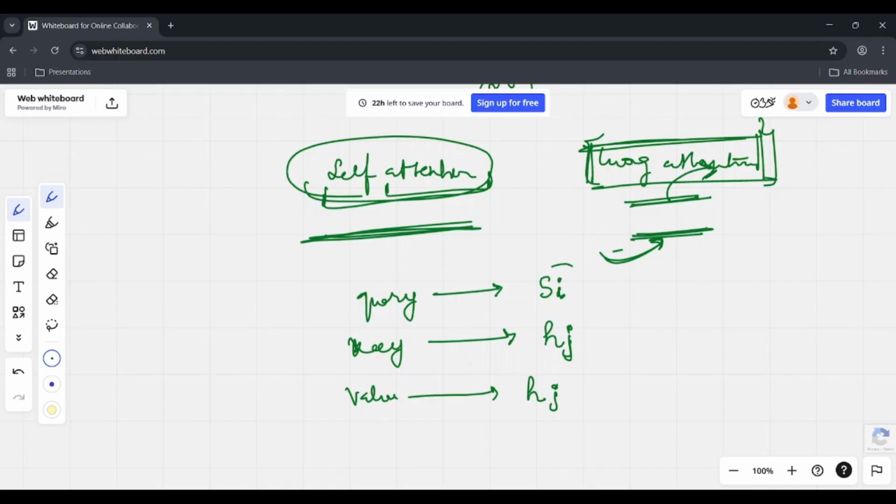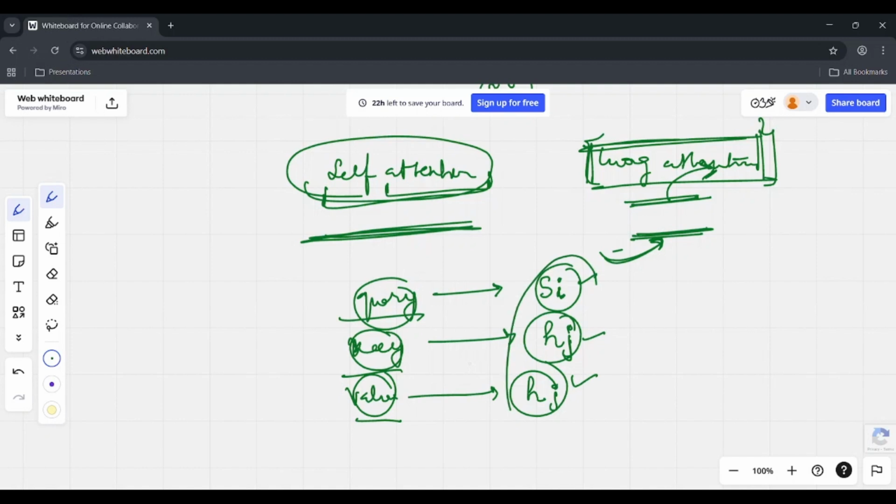If you don't understand how I am mapping these query, key, value vectors to si and hj, I would highly recommend that you please go and watch the video on the attention mechanism where I have explained Luong's attention. You can jump to that time step